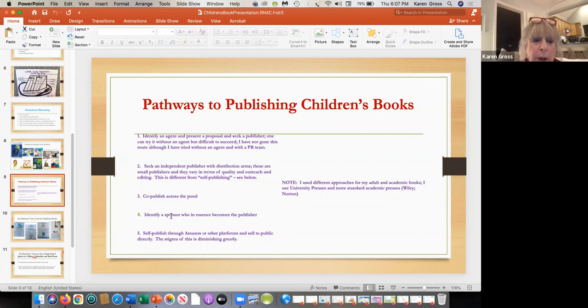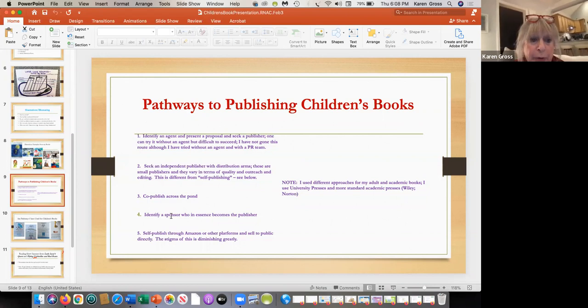Another way to publish, which I had mentioned before, is you identify a sponsor who in essence becomes the publisher. That's an organization that wants a book that they can use within their organization or school system. I mean, there are lots of companies that actually care about publishing something, especially if they're in the healthcare field or the education field. And so they can sponsor the writing of a book. And the last one